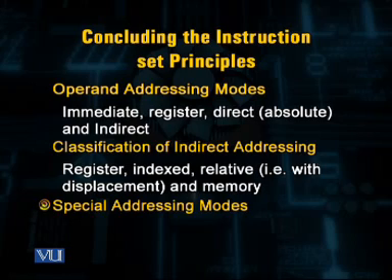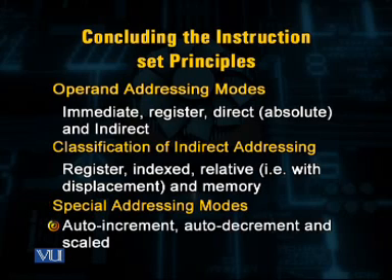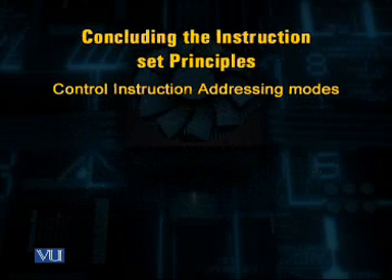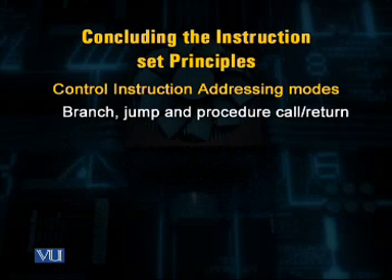And then we talked about the special addressing modes, which include auto increment, auto decrement, and scaled type of operations. The control instructions and their addressing modes were discussed in detail, including the branch, jump, and procedure